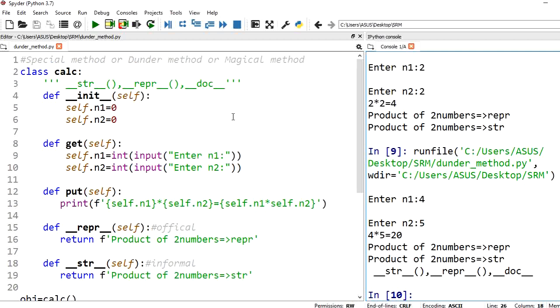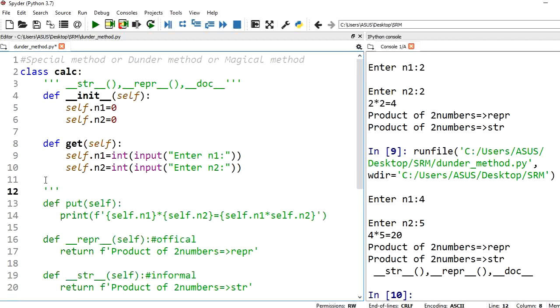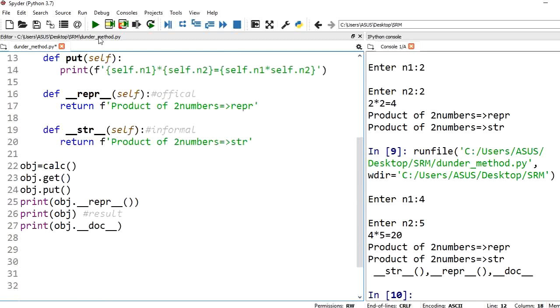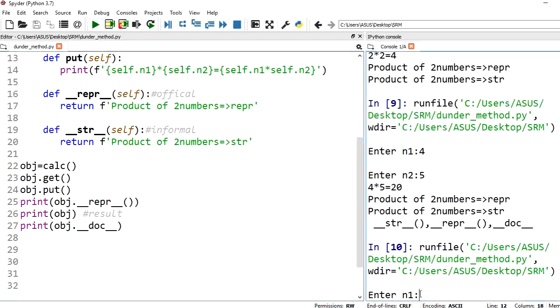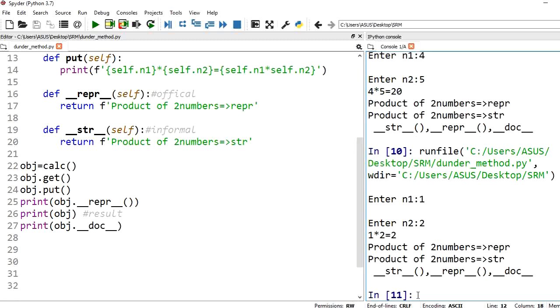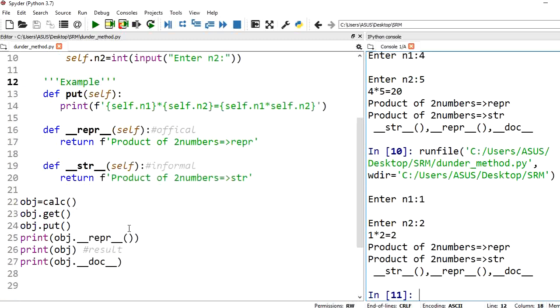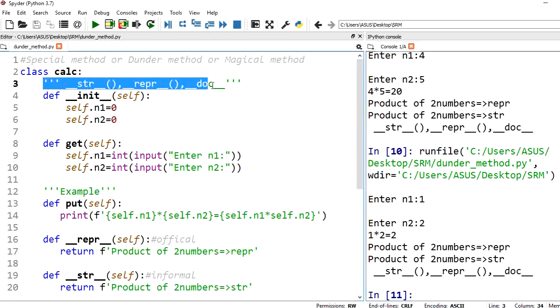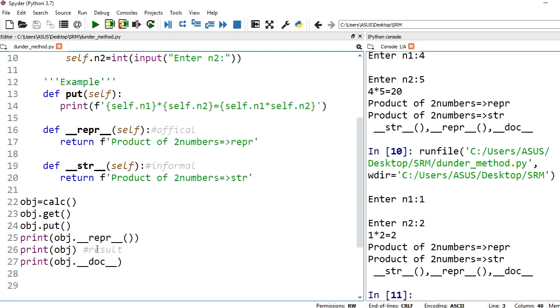Clear? Now we might have a doubt. This doc string can occur anywhere in your program. What if the user is giving it in between? For example, let me give an example of a doc string in between my program. Whether this particular doc string will be invoked when I am calling like this: it will never be invoked. Keep in mind that whenever you are calling this double underscore doc attribute, it will call only the doc string which is present at the top of your program. It is the convention to give programmatic information at the beginning of a program. That is the reason that by using the doc string I can call that information and print it.